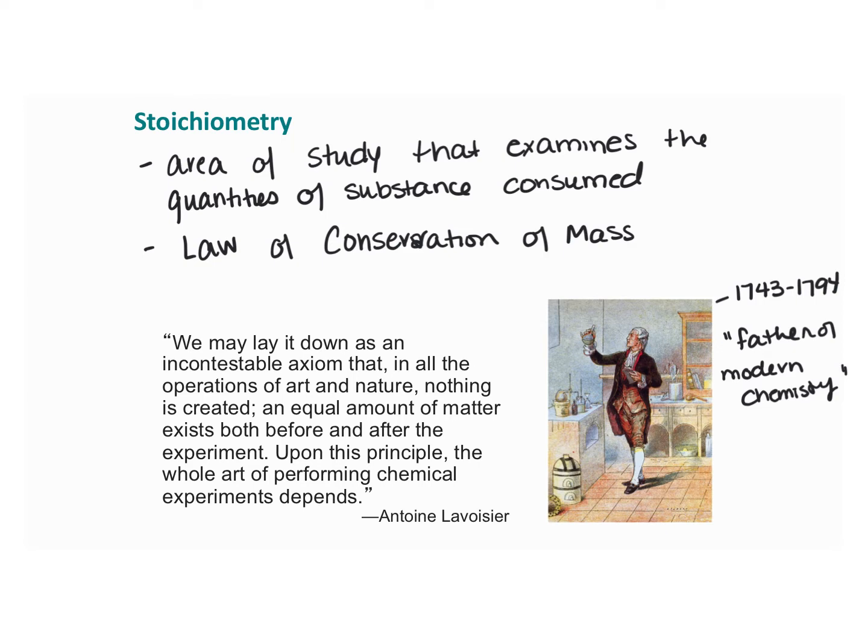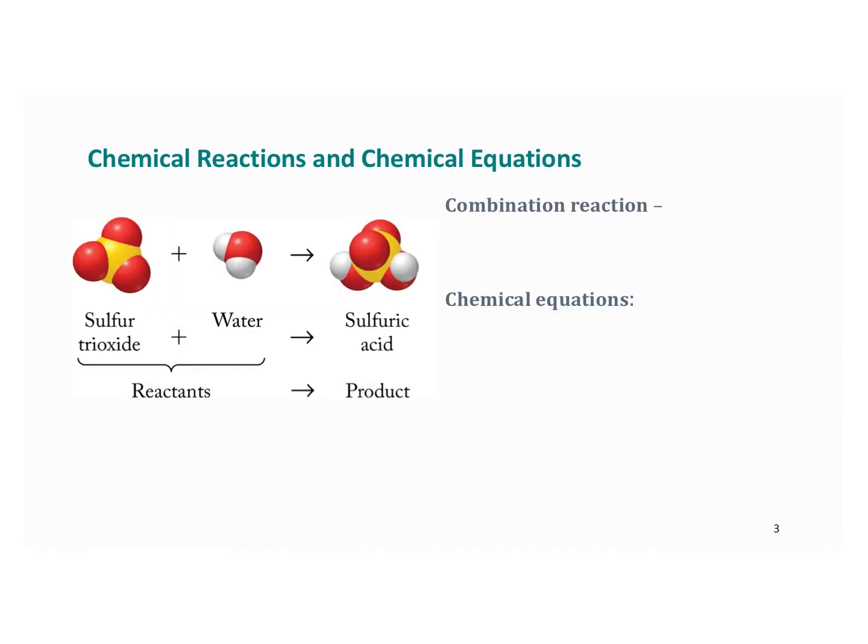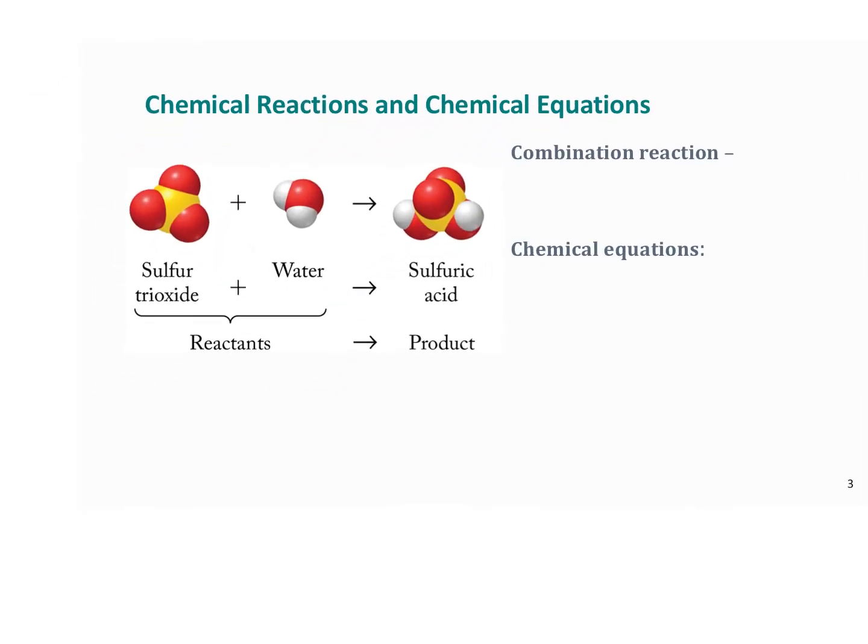Now, we're focused on stoichiometry. We're focused on the amount of things we need to make. That means we need to really understand chemical reactions and chemical equations. Now, there's some things that are just a review here, so just be aware of that, right? We remember that reactants are on this side of the arrow, products are on this side of the arrow. We can now use the names that we learned in the previous chapter. So we see sulfur trioxide reacts with water to form sulfuric acid. You can see the models here that are used. And what we need to remember is that chemical equations must obey the law of conservation of mass.